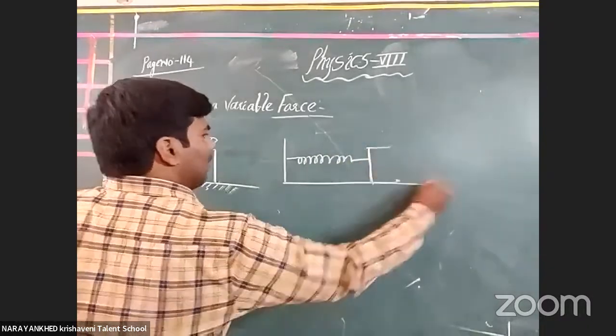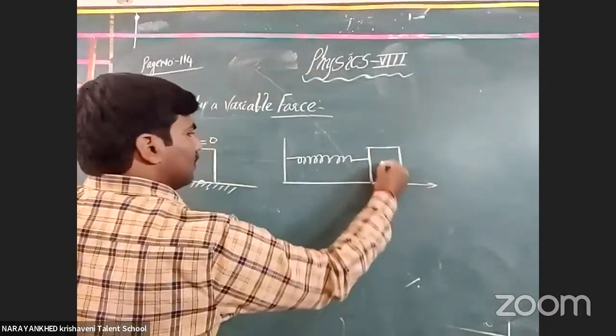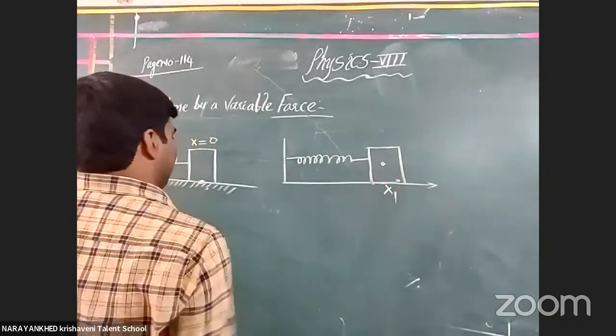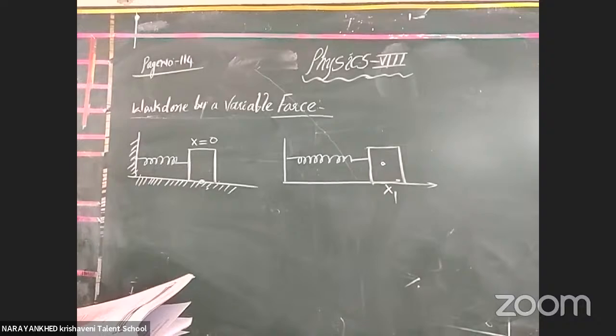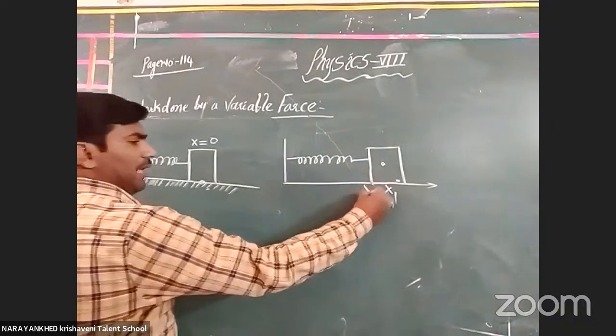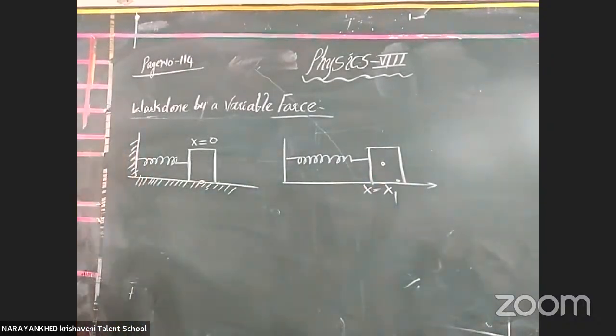Some distance is traveled by it, which will be taken as x1. It is x is equal to 0 to x is equal to x1 distance traveled. Okay, clear or not? At that time, what is the work done here? That will be calculated by one formula, which is written here